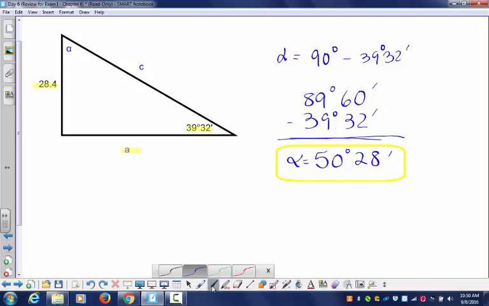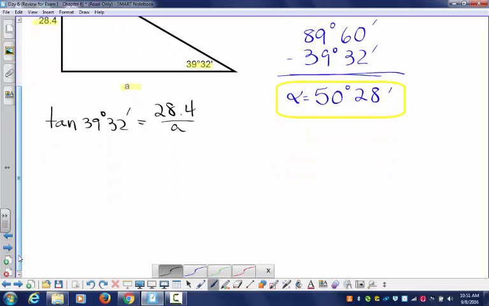So tangent of 39 degrees 32 minutes will equal opposite over adjacent, so that's 28.4 divided by A. Then we'll do a multiplication by A and a division by tangent of 39 degrees 32 minutes. So A will equal 28.4 divided by tangent